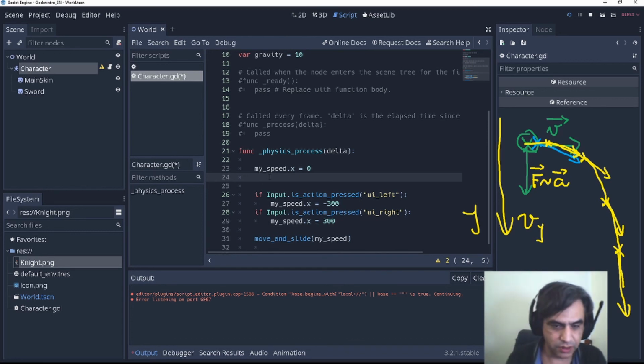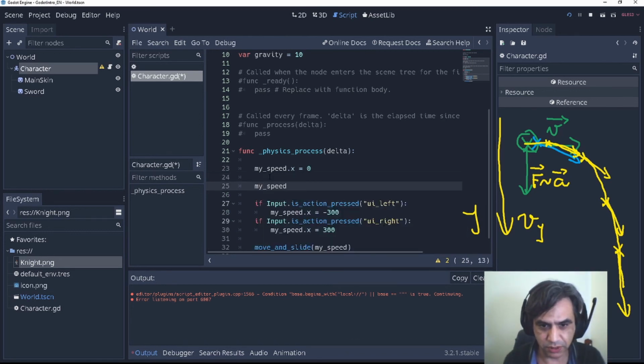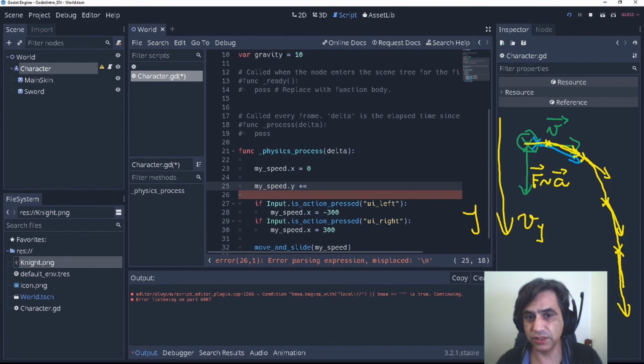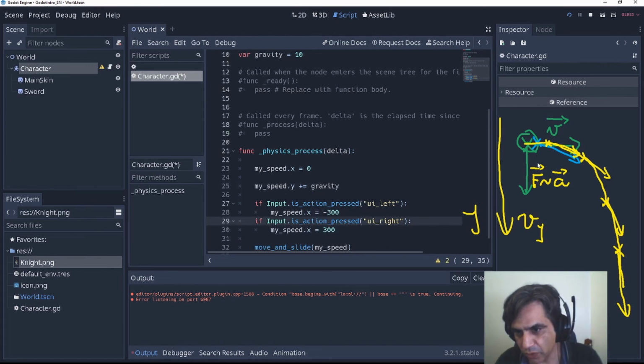But basically, my speed of y is going to increase by the value of my gravity. This is the acceleration. Gravity is actually the gravity acceleration. So I'm going to add this amount, and this amount, and this amount, this acceleration.